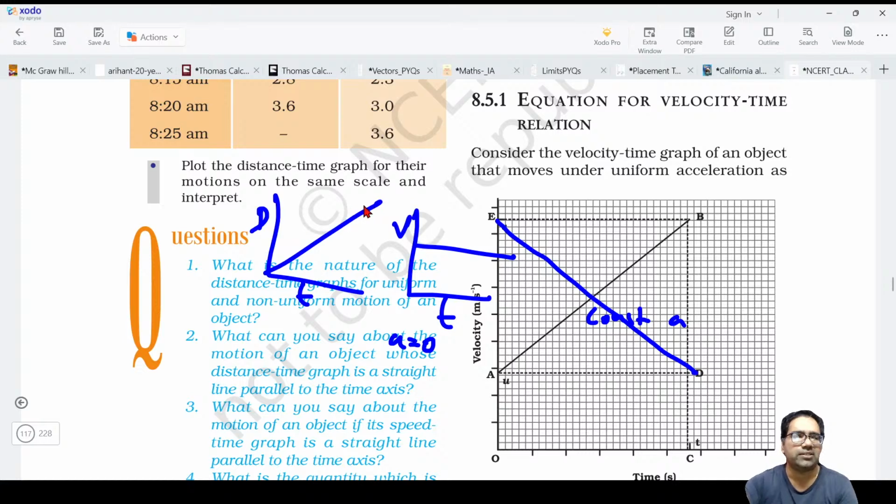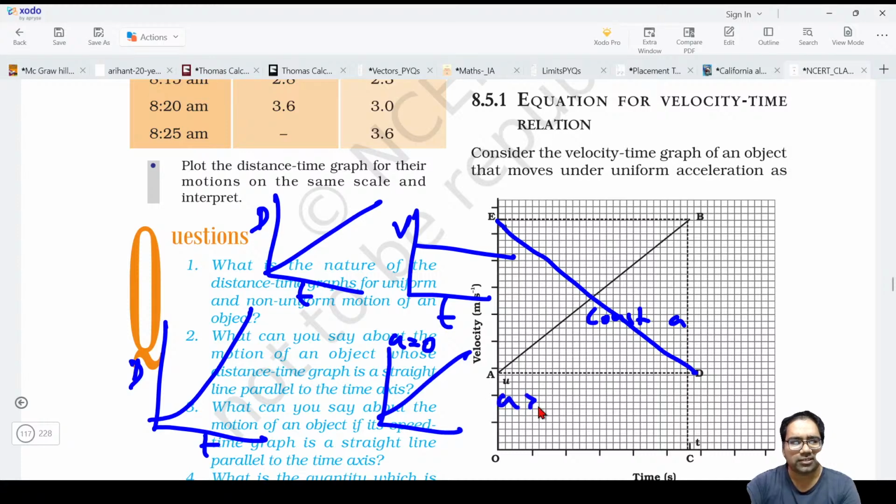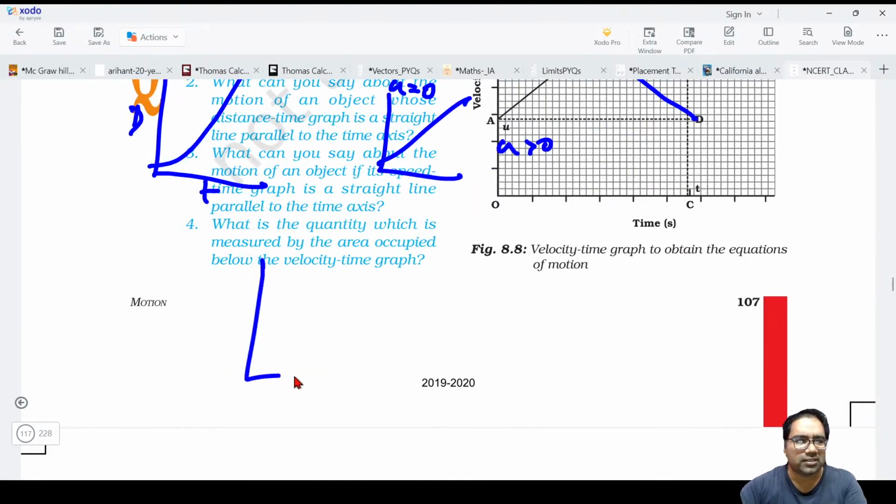So if distance time is given like this, what is the acceleration? Acceleration is zero. If distance time is given like this, what is acceleration? Velocity time is something like this, so acceleration is greater than zero. Understood? So now, if distance time is given like this,